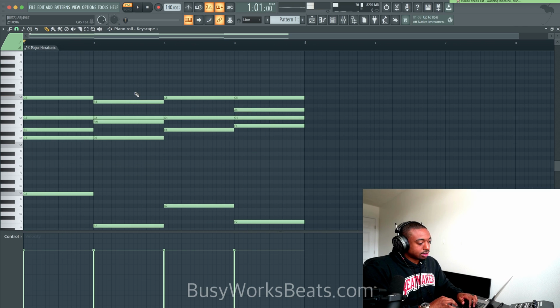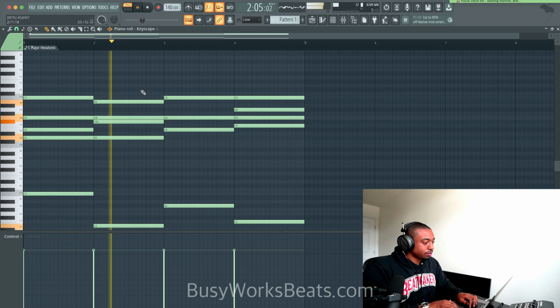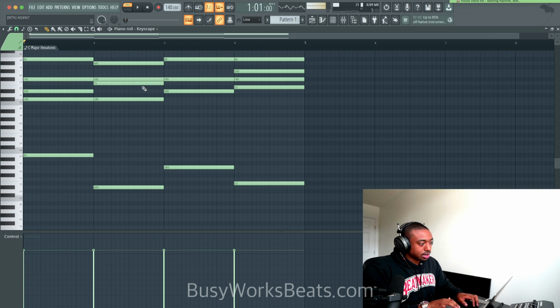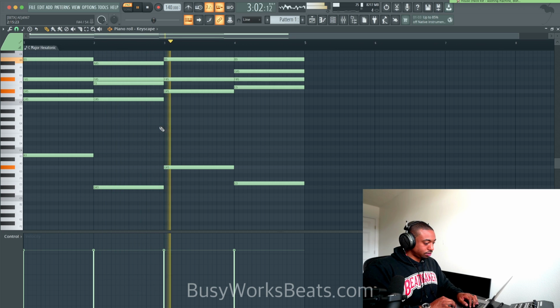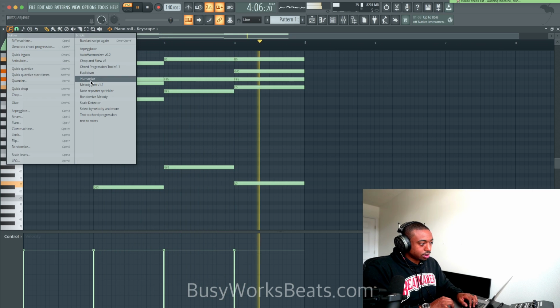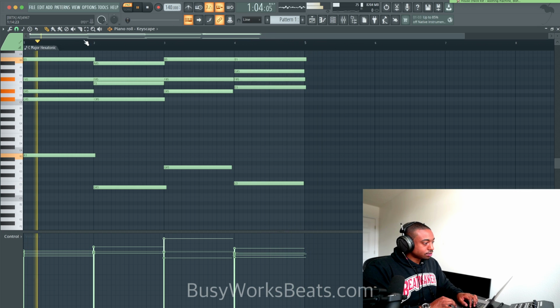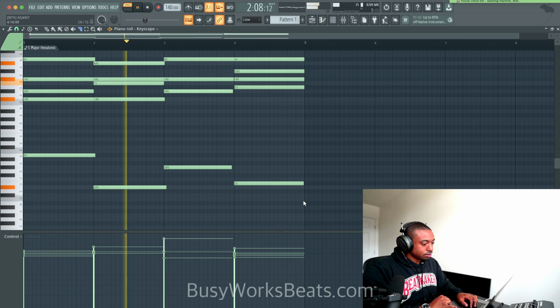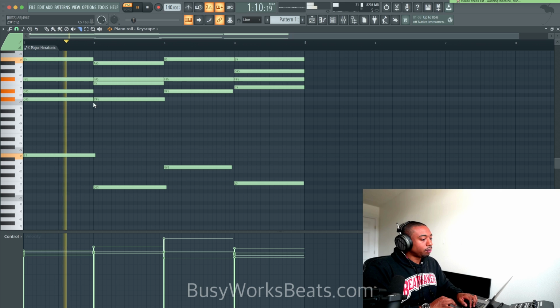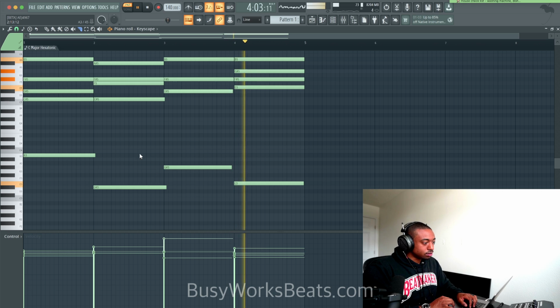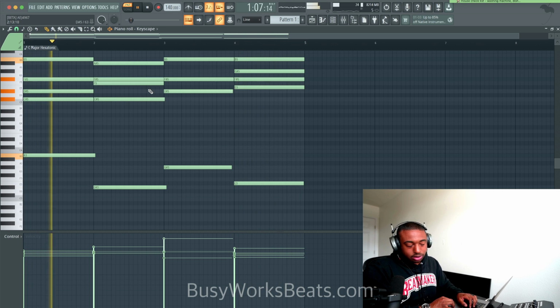Let's pull this down an octave. It's a little dark. Let's switch the key, hit shift down. And then let's add our humanized script. See how it cuts the notes off if they overlap. So you've got to make sure these notes don't overlap, meaning note by note, not like other notes. This is probably our best chord progression so far.